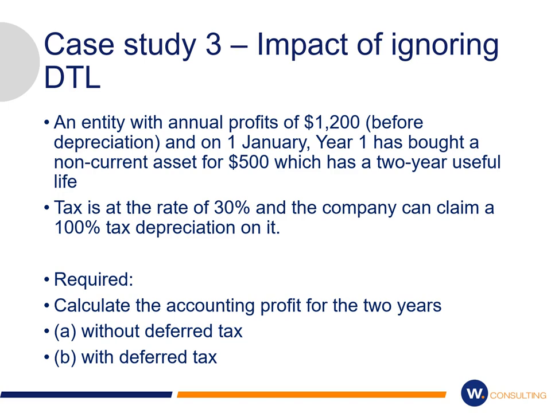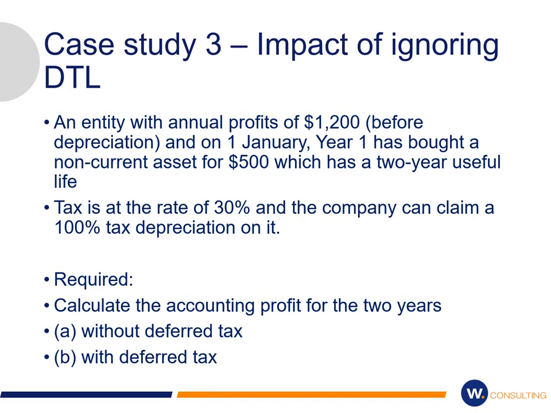We are saying therefore that perhaps our profit after depreciation is going to be 1,200 less the 250 depreciation. I'm looking at 950 as profit. We're just going ahead. Tax is at the rate of 30%, and the company can claim 100% tax depreciation on it. Okay, so we are saying that for wear and tear or capital allowance, the company can claim 100% once